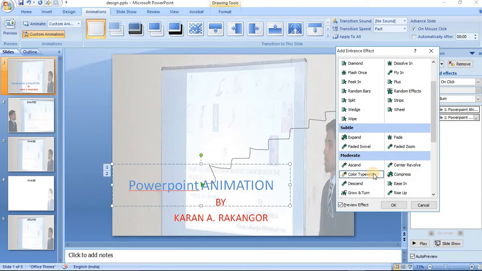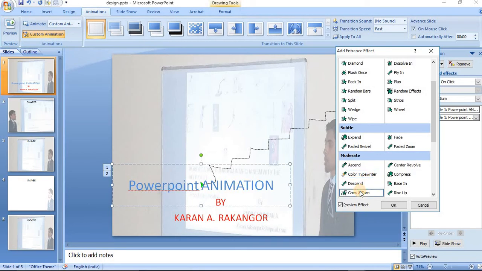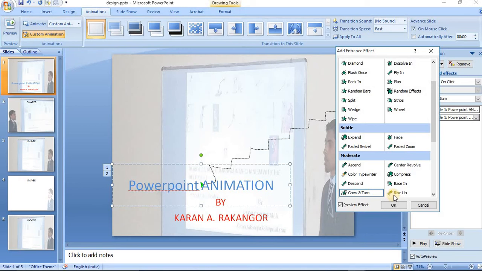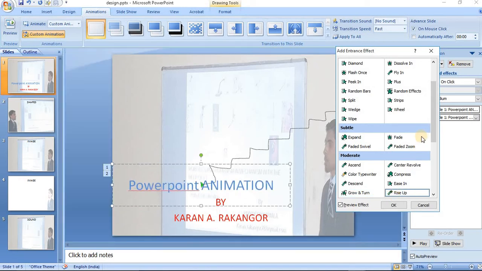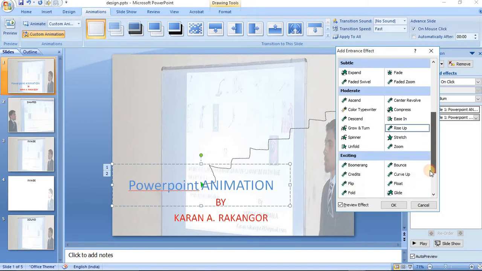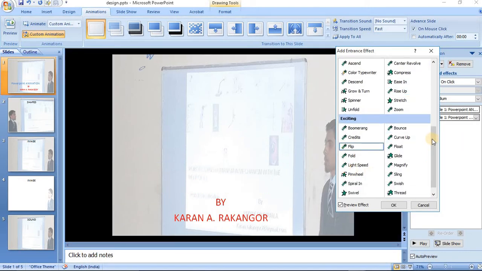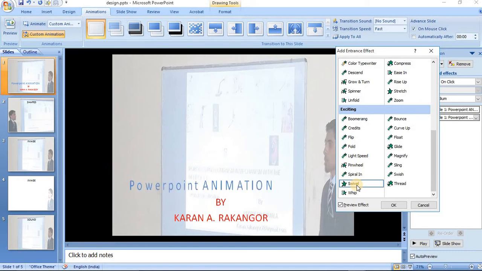If you just type simple letters, instead of that, if you add animation, then everybody will pay attention to your slide. So that is the reason we are adding animation into the slide text. So try this out, it will be useful to you.